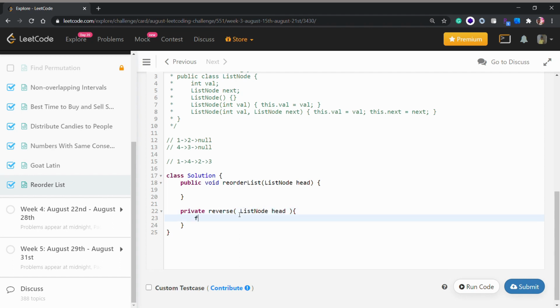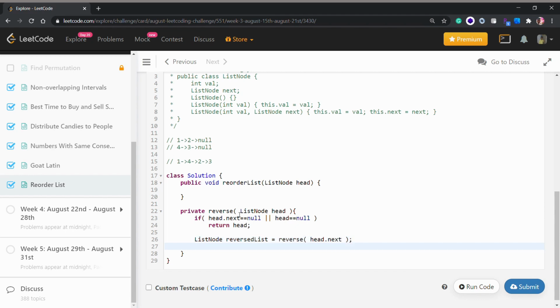Okay, and if our head.next is equal to null, then we will just return head. Or if head is equal to null, we will just return head, and then we will have our ListNode reversedList is equal to reverse(head.next), and then we will have